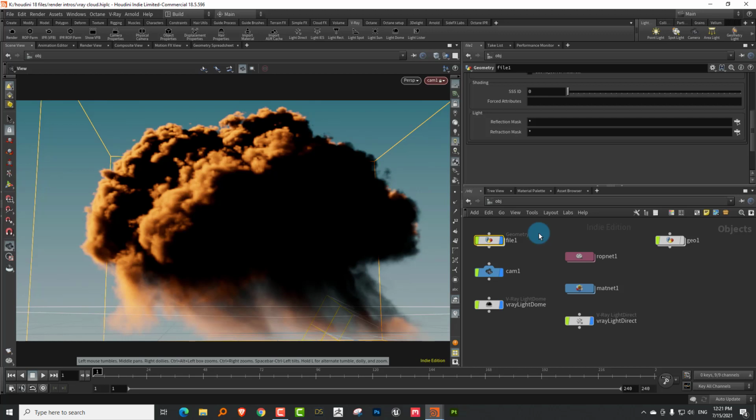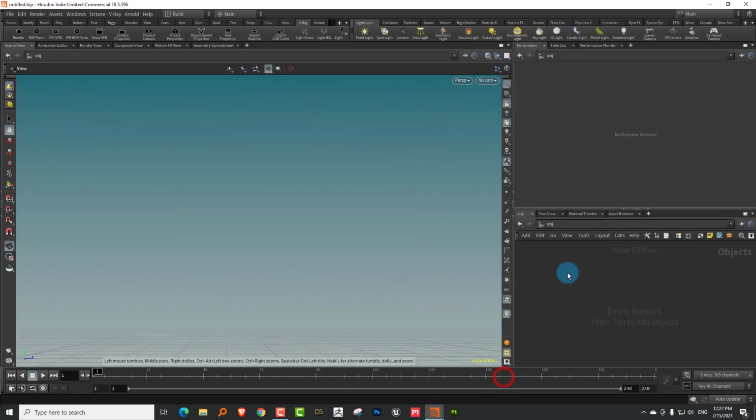We're going to take a look at how to render volumes. This one will deal with basic volumes and rendering smoke or clouds. In the next one we'll take a look at how to do explosions. This one deals with V-Ray, and in the subsequent ones we'll do Arnold, 3Delight and Octane.